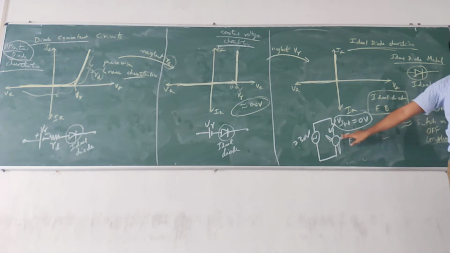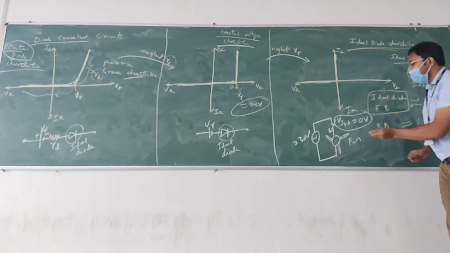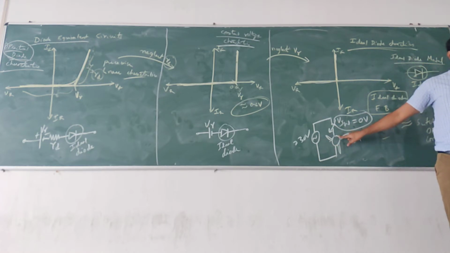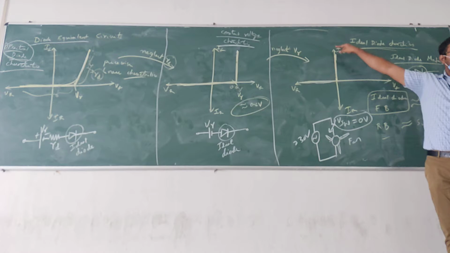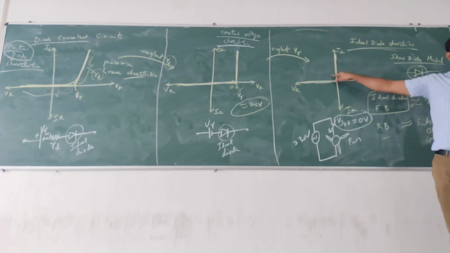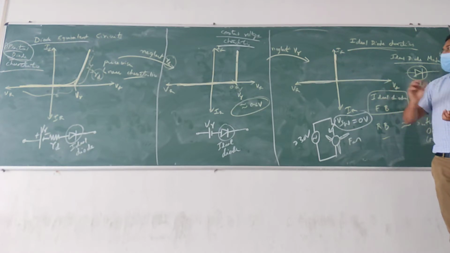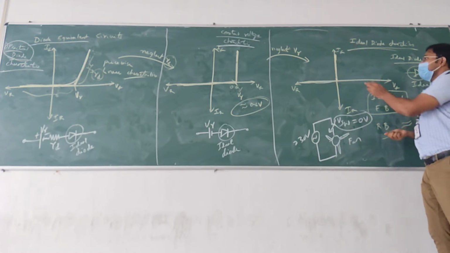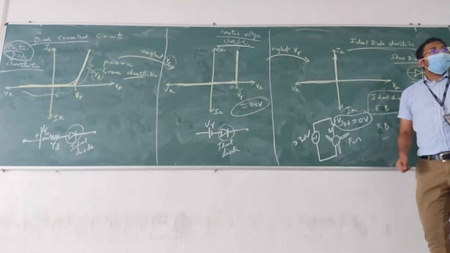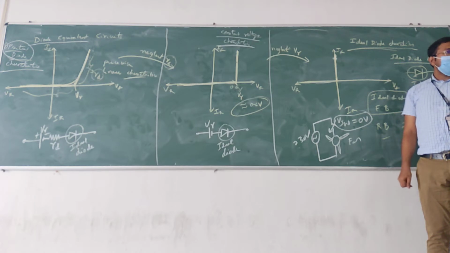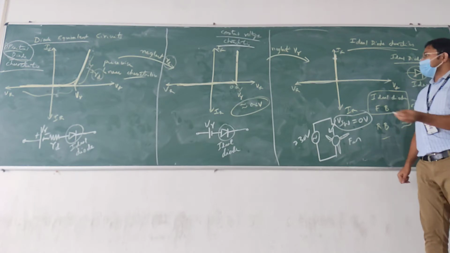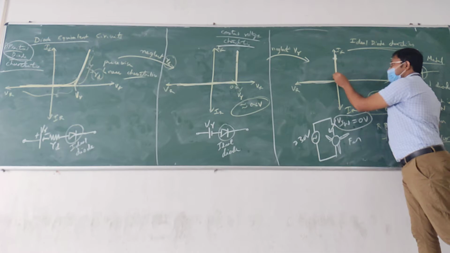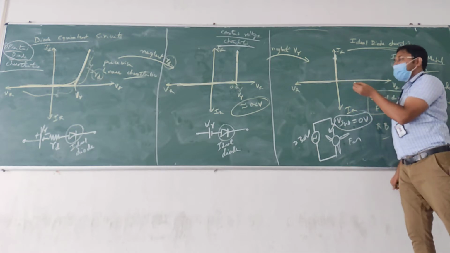And suppose in place of the fan you are using a machine which will draw more current. So current can be anything. You are connecting a machine which takes more current. Suppose current is high, it may be here. Or you are using some other machine which will take very little, say a low wattage bulb.